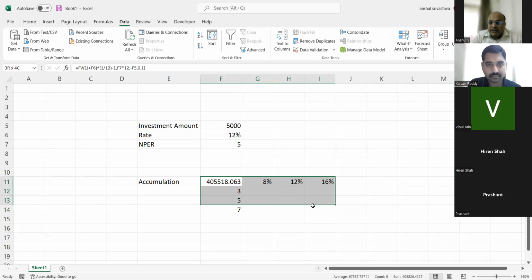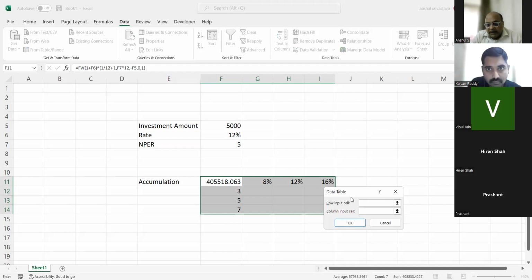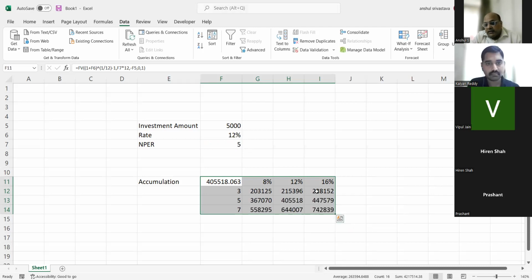Now, what I'm doing is that I'm selecting the whole area. Then I'm going to data tab. And within data tab, I am going to what if analysis. And in what if analysis, I'm selecting the bottom one, data table. In the data table, the row input cell is the one in the same row as the result, there is interest rate. Then we will take the original formula one. 12% is the row input, and column input, this 5 is the column, because it is in the same column. The time period is in the same column. And we do okay. The moment we do okay, there would be 9 different values, 9 different scenarios calculated into